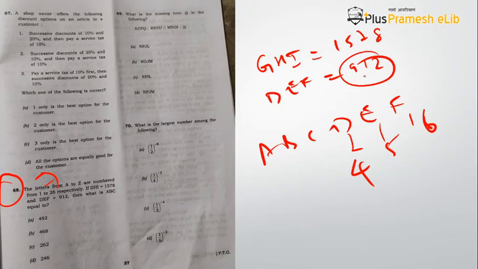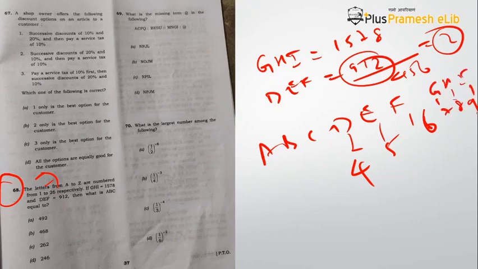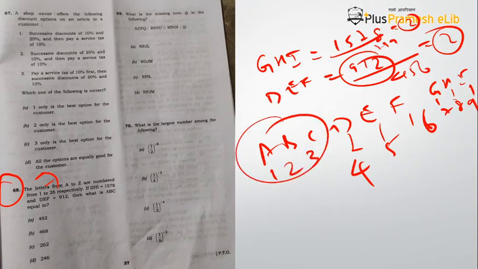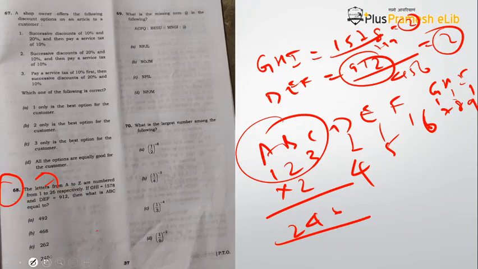Then what I did was I divided 912 by 456 and identified that this comes out to be 2. Then suppose you have GHI, so G is 7, H is 8 and I is 9. If I divide 1578 by 789, you will find I again get 2. So basically, if you have to find what A, B, C will be, it should be 1, 2, 3, correct? But it is not 1, 2, 3. Why? Because you have to multiply it by 2. So it will be 2, 4 and 6. So the answer would be D.